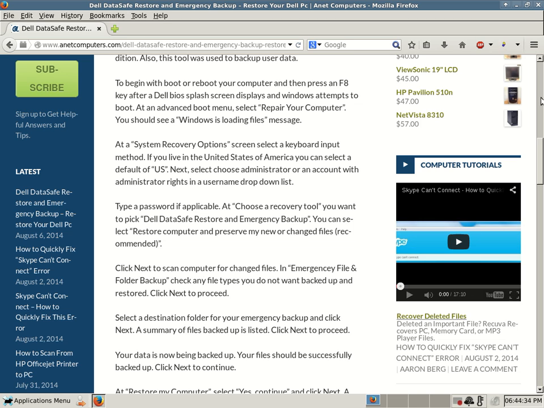So let's say you bought a Dell Inspiron 545 brand new out of the box, and you open it up and you boot it up. Well, then you started to add documents, right? Isn't that the point of a computer? You've got Word documents or text files or pictures or videos or MP3s, whatever. Well, it accumulates. Well, this program will go out there and scan for those files, and it will back them